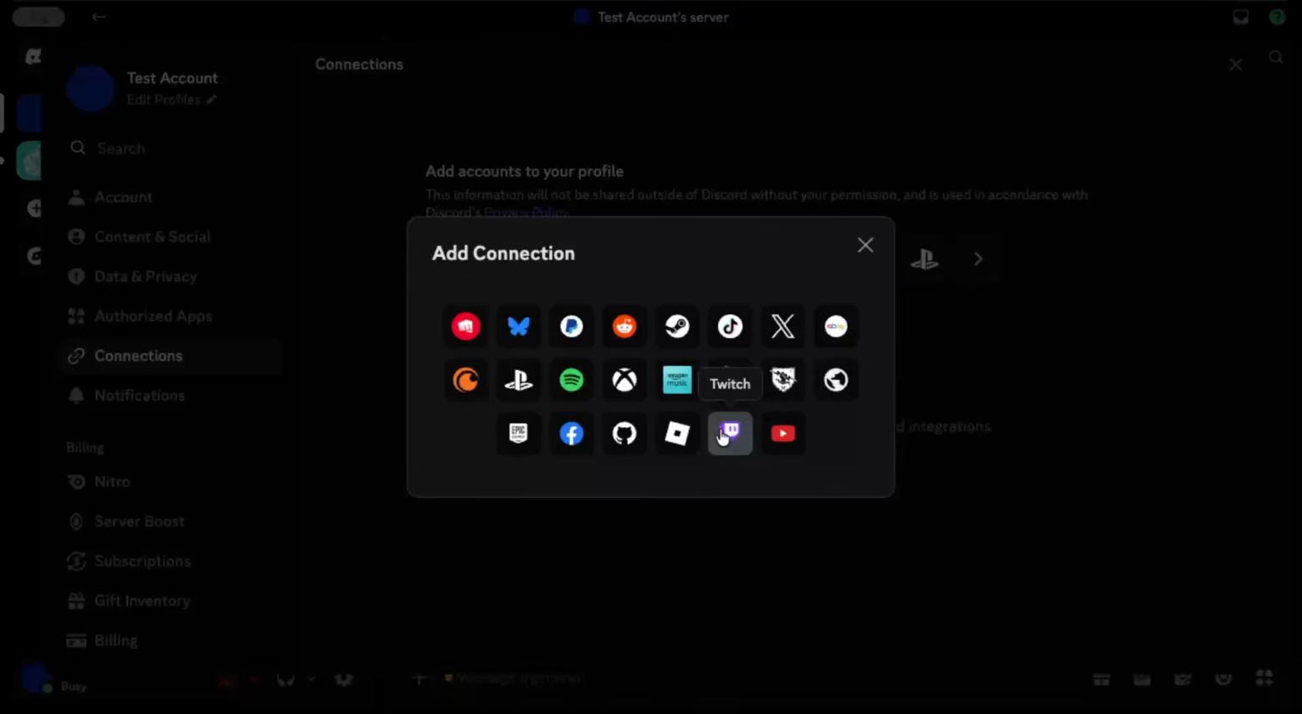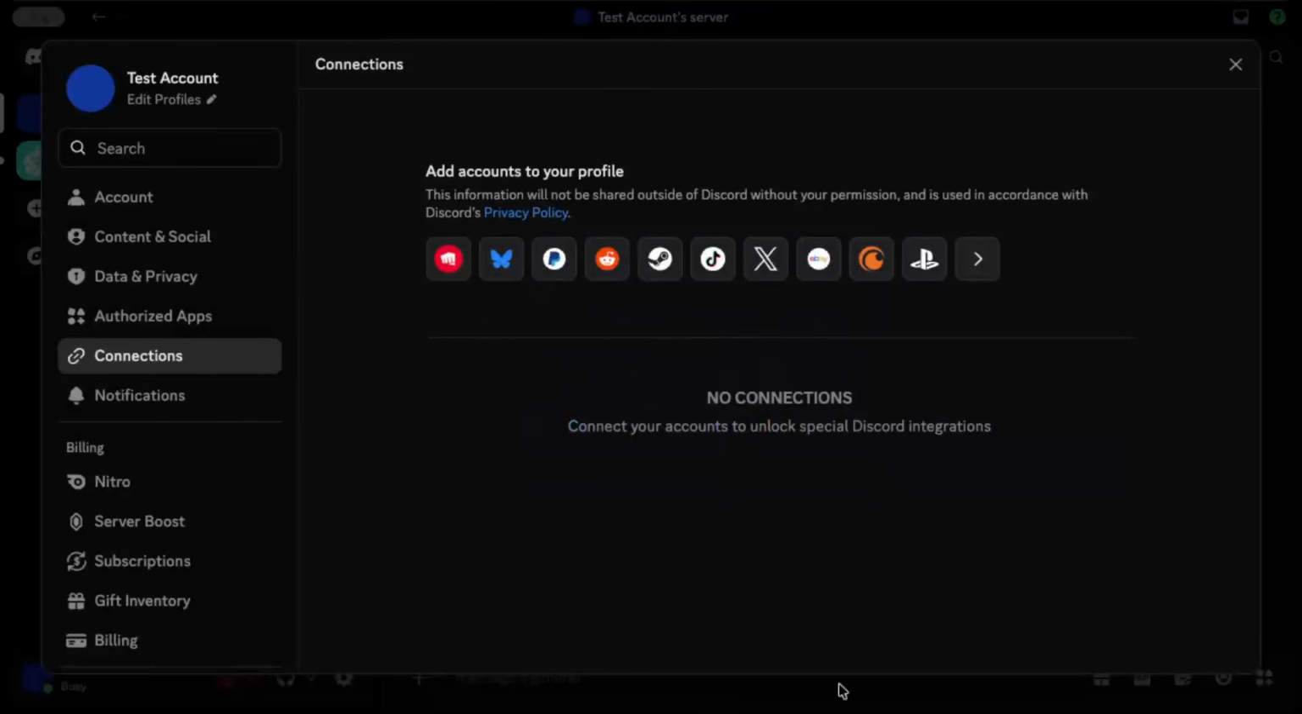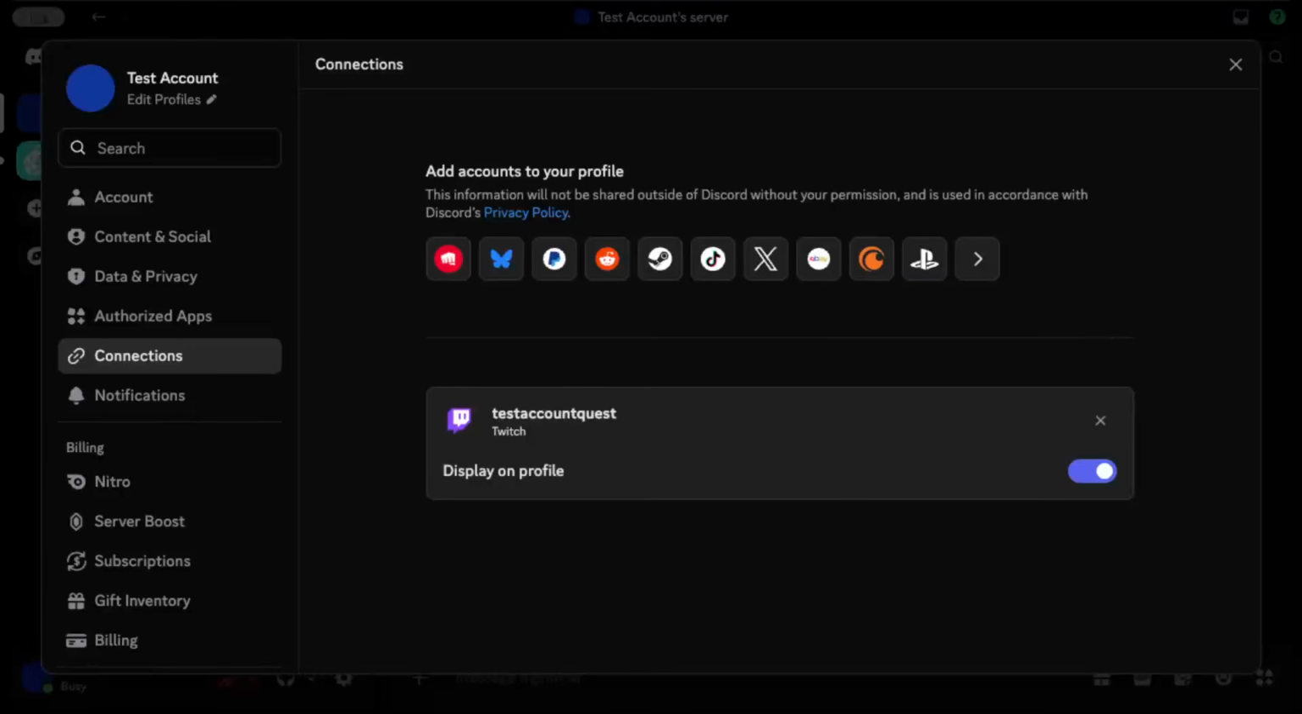As soon as you do, Discord will begin the connection process and open a new Twitch login window. This pop-up is where you'll sign into your Twitch account, so make sure pop-ups are allowed in your browser if nothing appears right away. When the Twitch login window opens, click into the login fields and enter your Twitch username